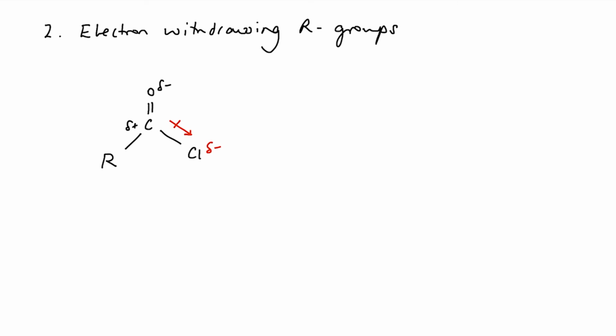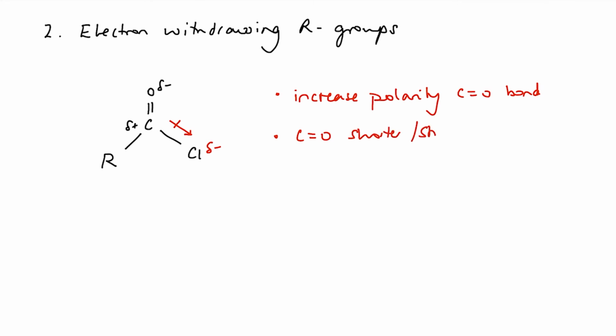As a result, this is going to increase the polarity of the carbonyl bond, which means as a result this carbonyl bond is a little shorter and stronger, and so it's going to take more energy to cause it to vibrate more strongly. More energy, higher frequency, so vibrates at a higher